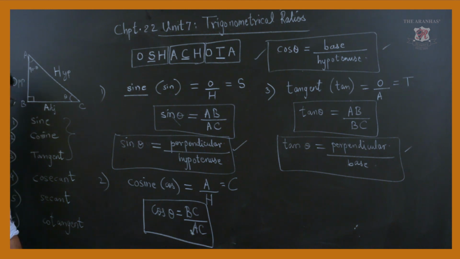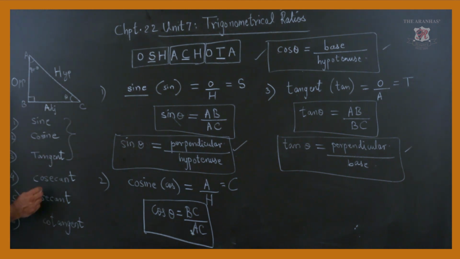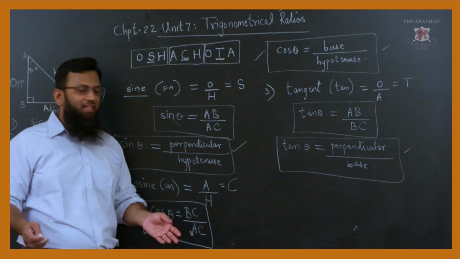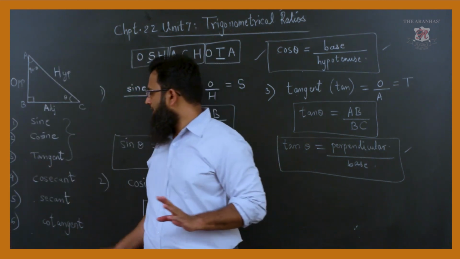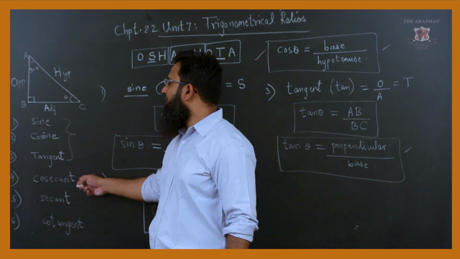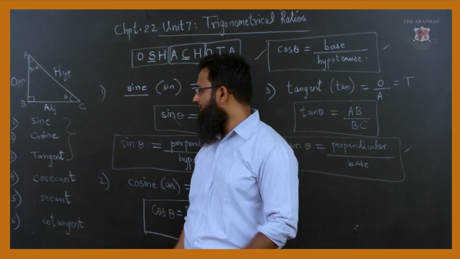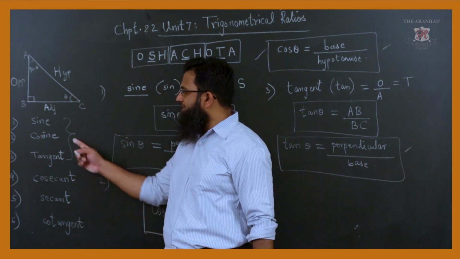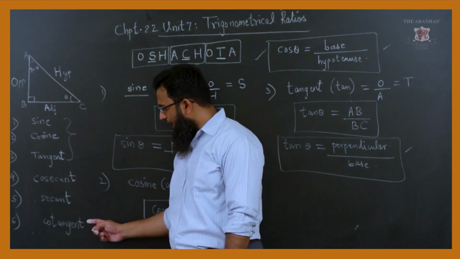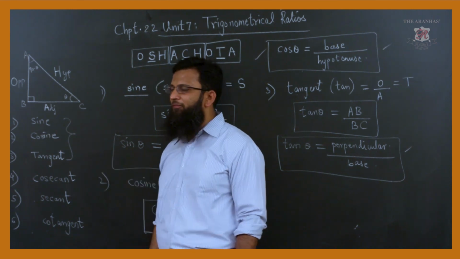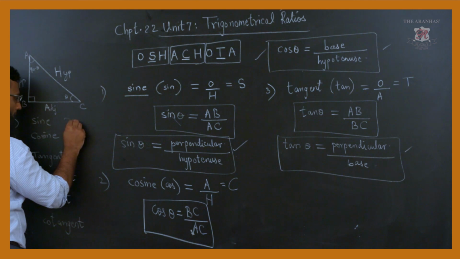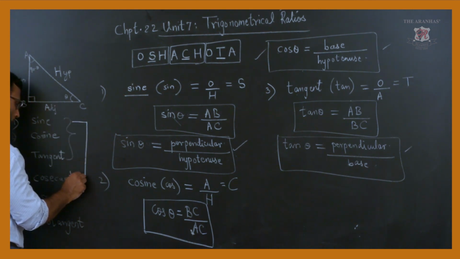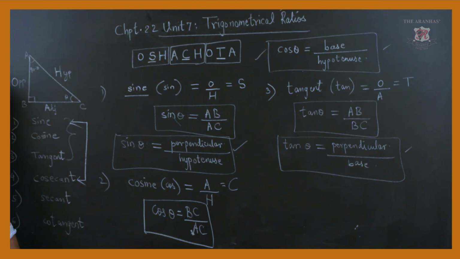Okay. Let us see what is the secret behind 4th, the 5th and the 6th, depending on these 3. I have purposely written them in this order, because again one more trick we will use, and then there is no need to memorize anything. Cosecant is the reciprocal of sine, secant is the reciprocal of cosine, and cotangent is the reciprocal of tangent. So, first and fourth are reciprocal of each other.